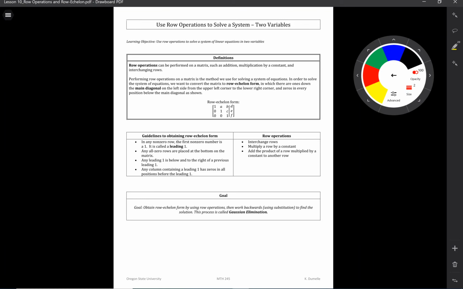This is lesson 10, and we will be talking in this lesson about how to use row operations to solve